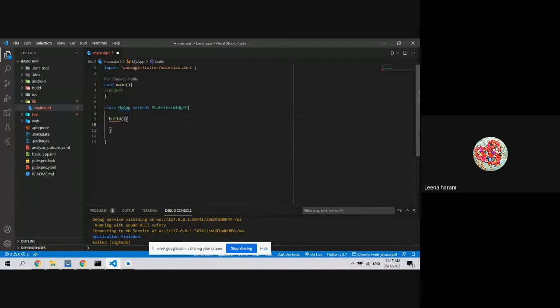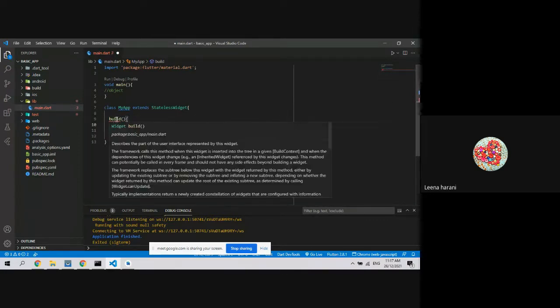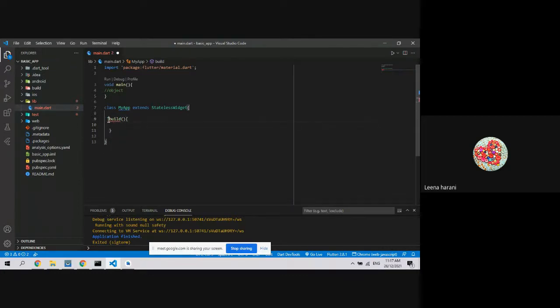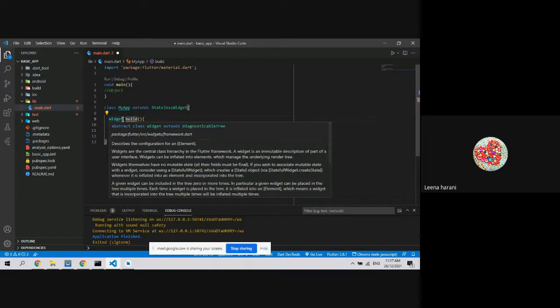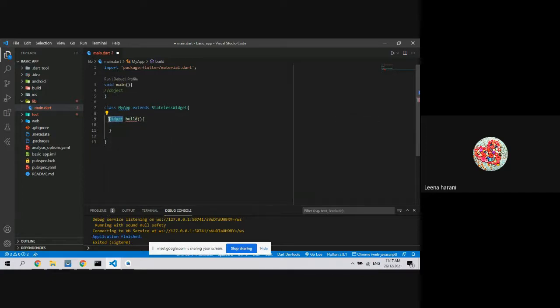This is the build method. Now, this build method should return something, which means it should return the widget. Since everything is a widget, we need to make it return a widget. And since this is not void, we have to return something as a widget. And the build also takes one parameter, which is build